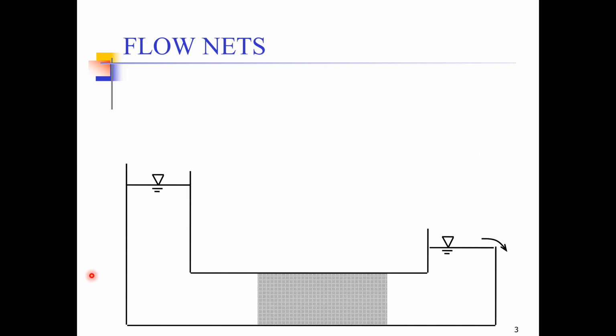So what are flow nets? In order to understand the concept of flow nets, let's consider a pipe structure as we have seen in one of the previous lectures as well. It is a U-shaped pipe, and in this pipe we have some soil filled at the center. Let's assume that this is sand which is being filled here. We are putting in water. There is water inflow from one end,